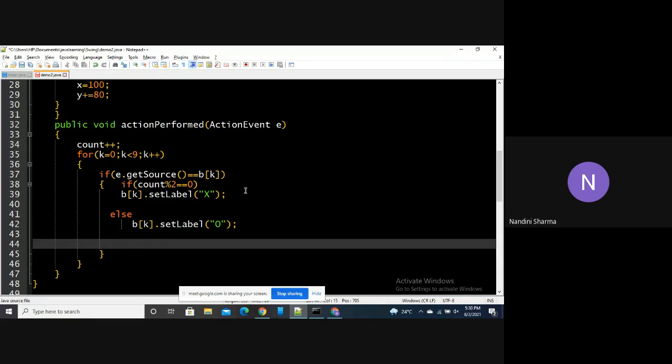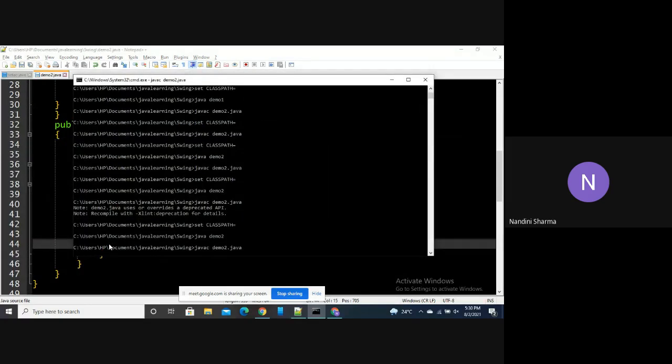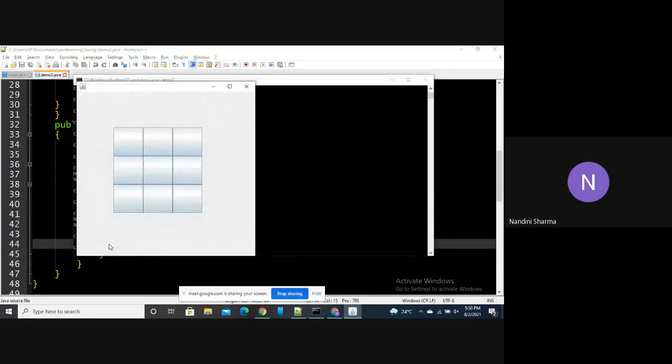Okay, let's proceed. First, let's see how it will compile or if there are any errors. 0, then you have cross, then you have 0, then you have cross. Now see, the label is not set permanently. If you are clicking again and again, it can change.